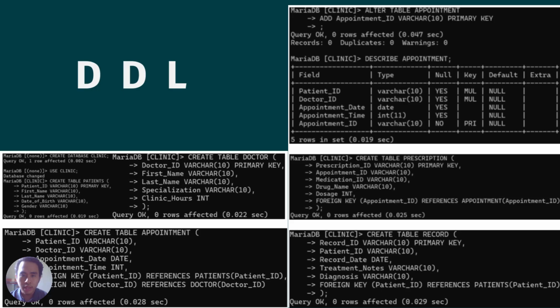So for DDL, if you want to make a DDL SQL function in XAMPP, this is the SQL coding. So first, we need to create table. So this is the code to create tables. So prescription ID, it depends on what we want to add. So for us, we add prescription ID, appointment ID, or record ID, or even